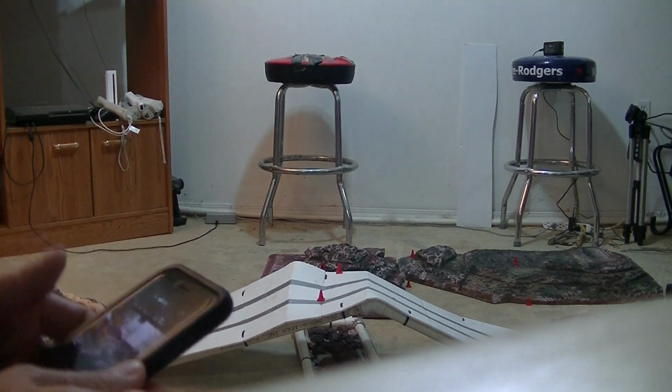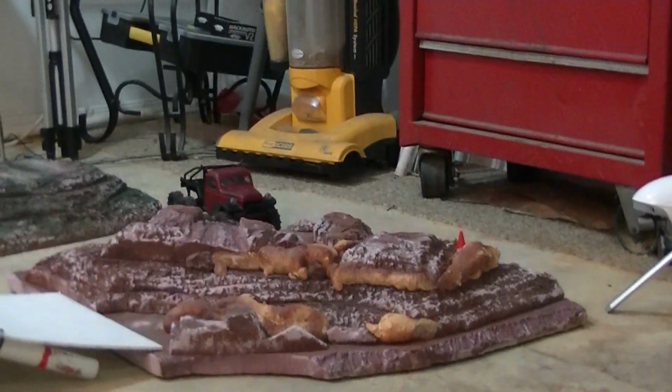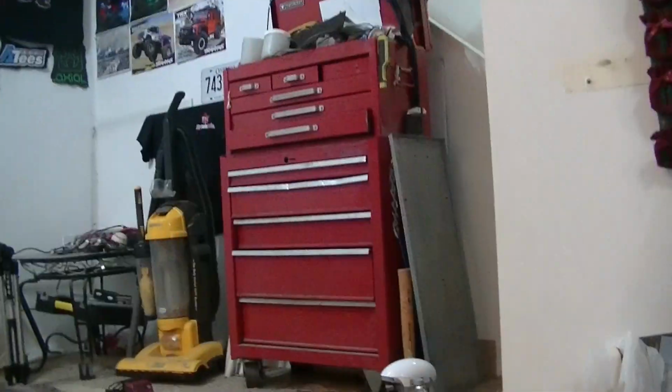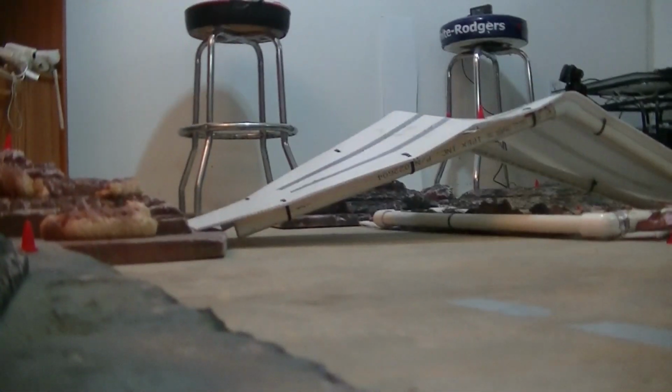Well, hopefully this is working out good, guys. Don't know if I should rock the two cameras or not, because I'm going to be switching back and forth. I already know this one's going to pick it up, but then the other one is 4K, I think, so I don't know. Okay, I'm going to basically start, and hopefully that mic is picking me up good, and it's going to film the truck really well, hopefully. Oh wait, I'll put the camera...